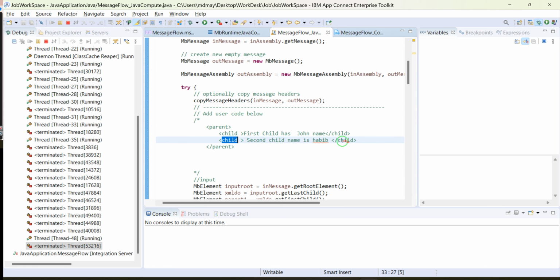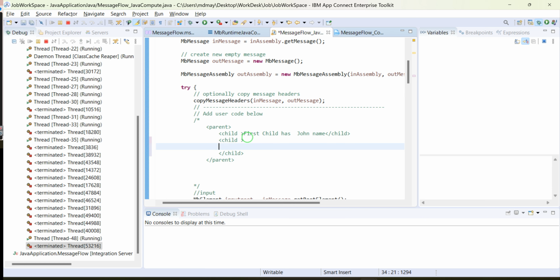Let's say child 2, the child 2 has no value but has another children like grandchildren, like it has 2 grandchildren. How should we do that? Like 2 grandchildren,